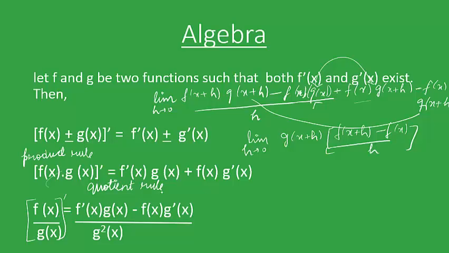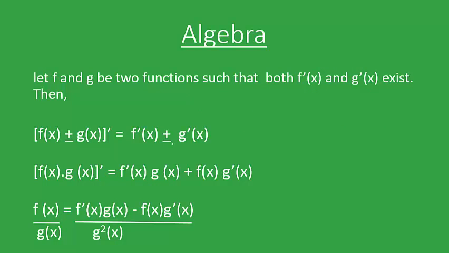So to calculate this particular thing, let's erase everything. So let's mark out, this is Q rule, this is P rule. So to prove Q rule, again we'll use the same fact that we'll write the derivative of this particular expression by using the first principle. So let's write down limit as h tends to 0 of f of x plus h upon g of x plus h minus f of x upon g of x